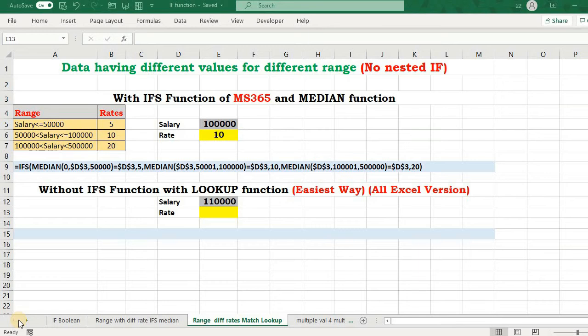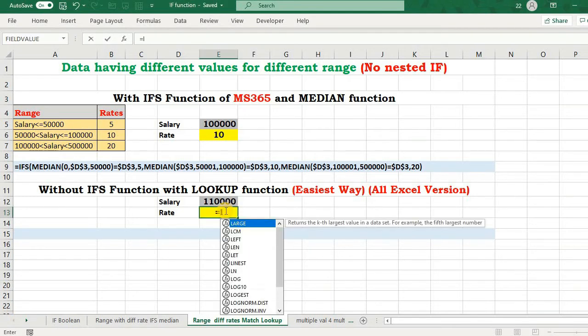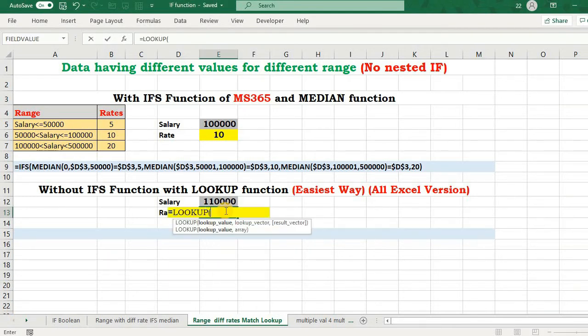Now comes the best part of this video, and you will not have to even work that much with the LOOKUP function, which is natively programmed for approximate match. So see how you can achieve the same thing with the LOOKUP function. LOOKUP. So lookup value, of course, is going to be this one, and lookup vector. If you are having a table beforehand somewhere, then it is fine, you can select that. If not, then you can create a table of your own, and my lookup vector will be 0,